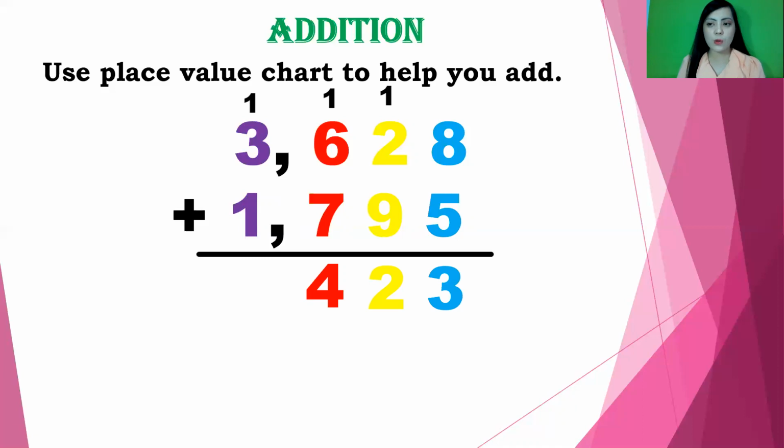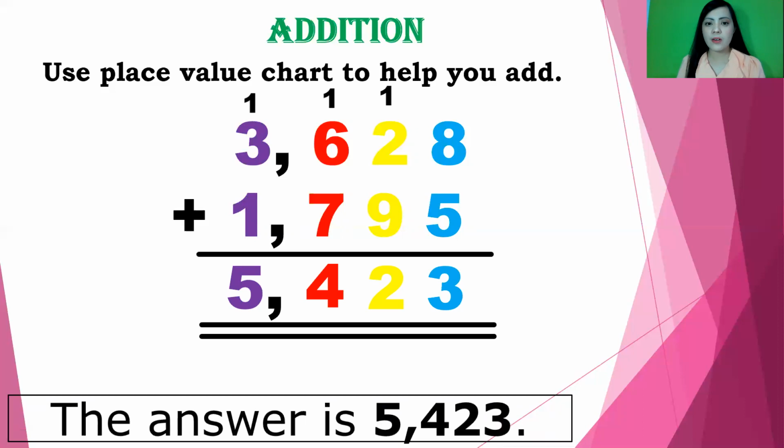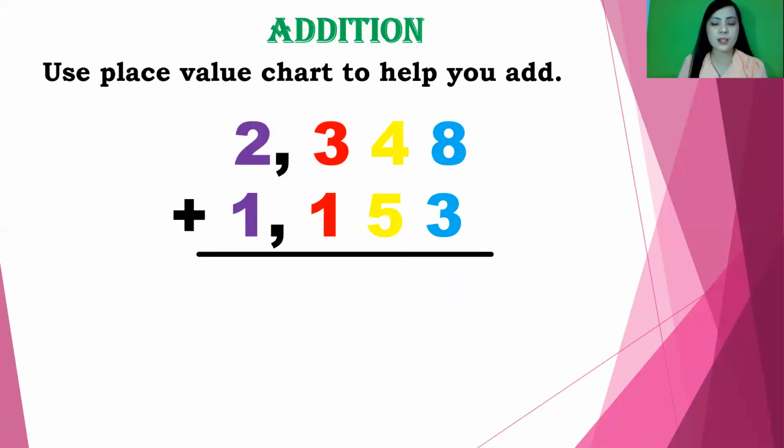So 3 plus 1 is equal to 4 plus 1 is equal to 5. So the answer is 5,423. All right, so next problem,